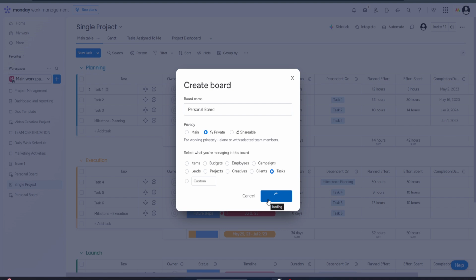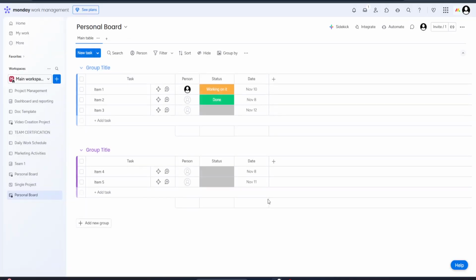In just a few simple steps, you've successfully created a private board on monday.com. Remember, keeping boards private can be essential for managing sensitive information, and it also helps in organizing your workflow in a more specialized way. I hope you found this walkthrough useful and that it helps you make better use of